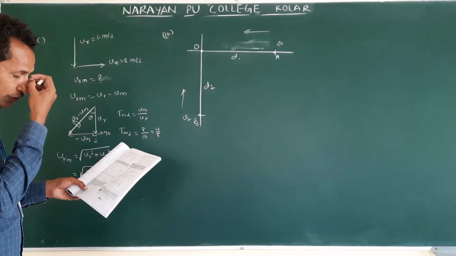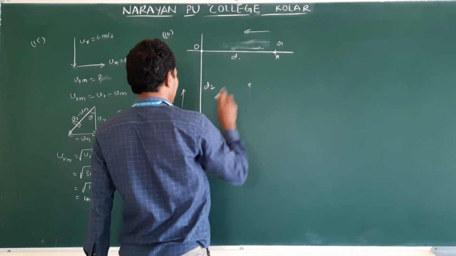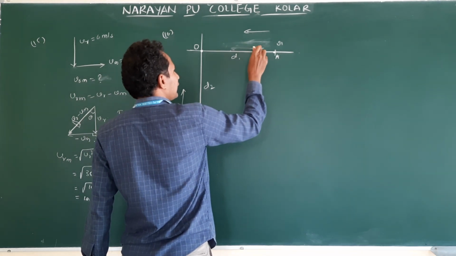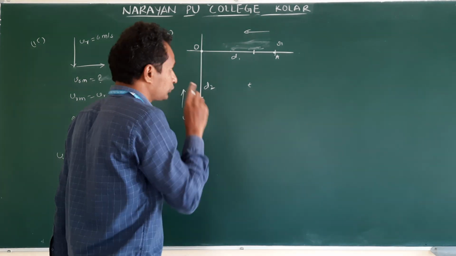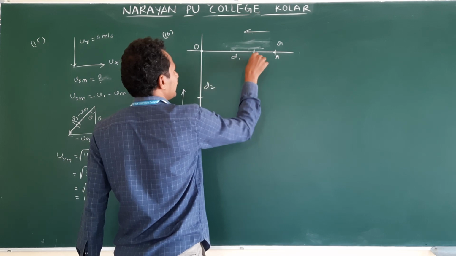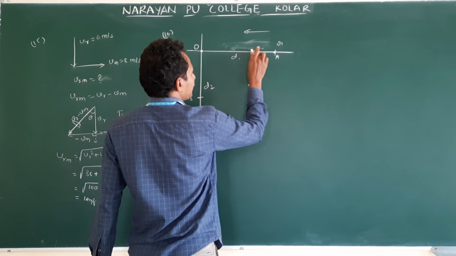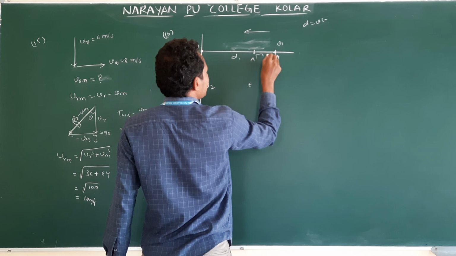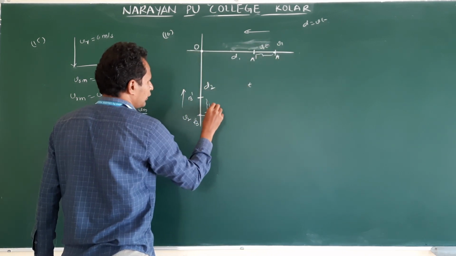Okay. First we will try to frame the equation. After some time t, when they are here at A and B, time is 0. After some time, let us say each covers a certain distance. So the remaining distance from O to this point, let us say this is A dash, this is B dash. In this time interval, what is the distance covered? Distance is equal to velocity into time. So this distance covered will be v1 into t, and this distance will be v2 into t.